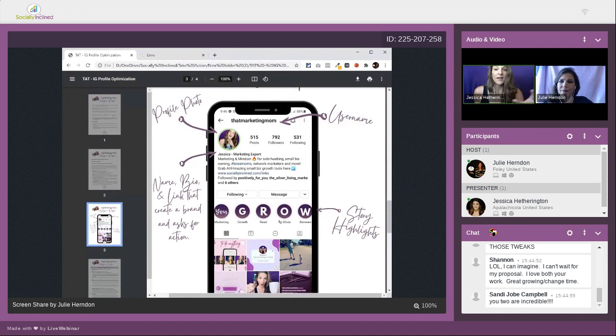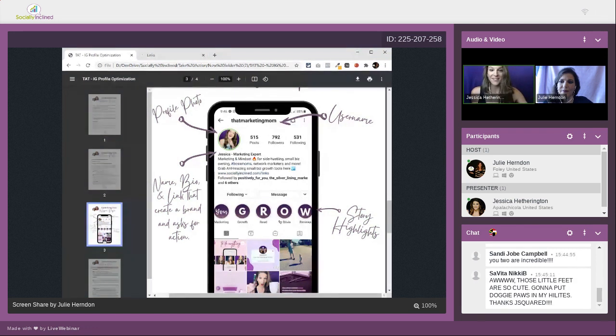So when we do the story highlight training specifically, we're going to talk about all the options and then how to do it. Let me tell you, setting it up like this is not for the lazy, for one reason: you change one and it goes to the far left. So if I change W right now, it's going to say WUGRO. Then you have to go in and change something in all of them in the right order to get it to read like that. We're going to talk about all of that specifically in the story highlights.